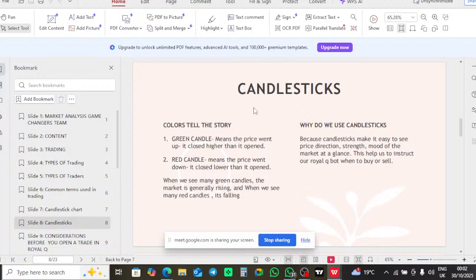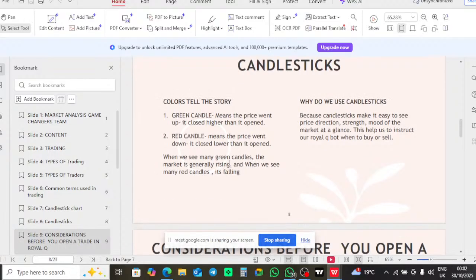And here we have candlesticks. We only have green candle and red candle. Okay, whether it is small, whether it is big, but it should be green or red. Are we together? And we say the red means bear. The market, the sellers are taking over. Green, buyers are taking over.